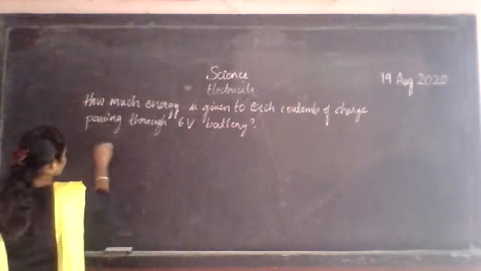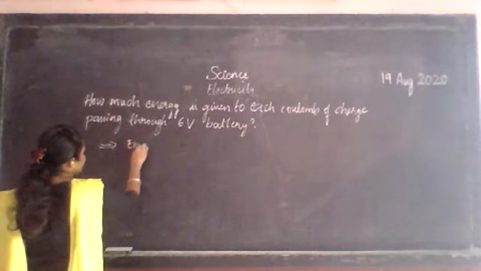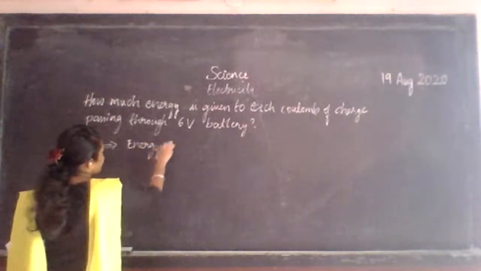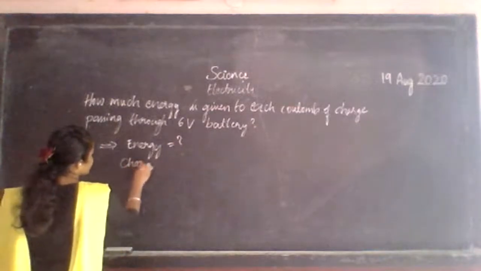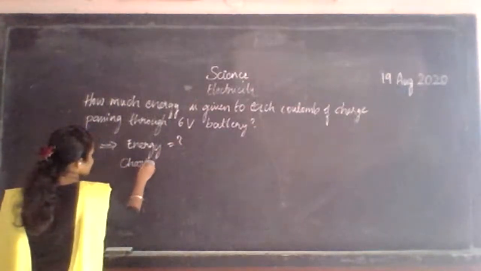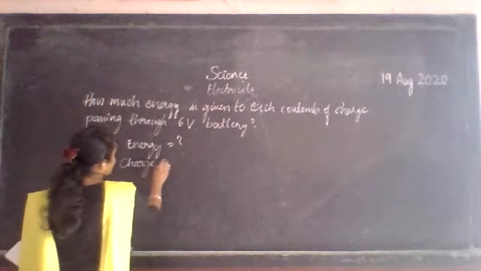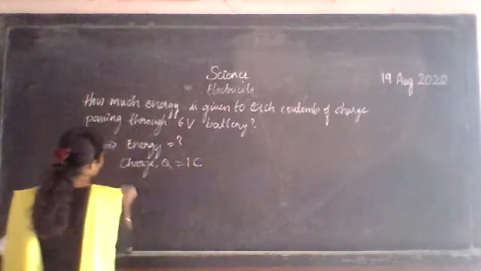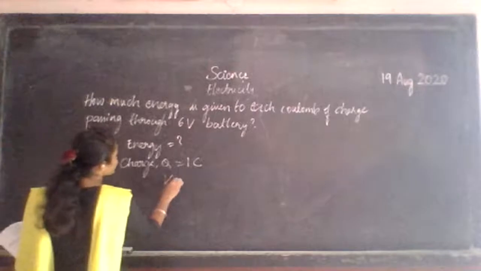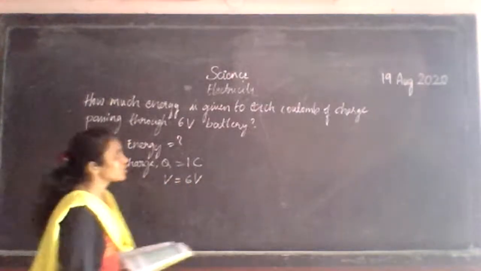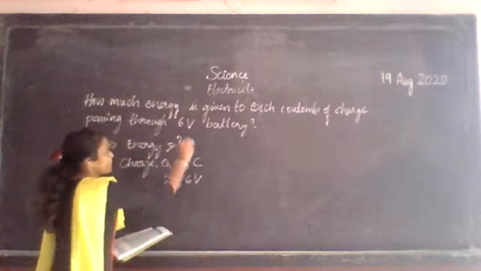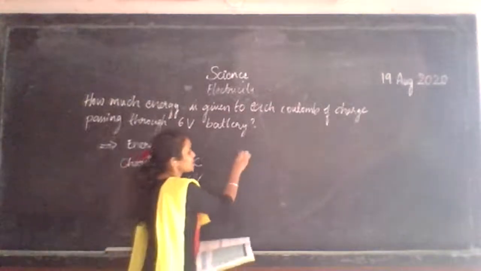Okay, so now we have to calculate energy. Okay, it is given charge Q is equal to 1 coulomb and potential difference V is equal to 6 volt. These are the data given to you. So now what you have to calculate? Energy. Okay, we know energy is equal to